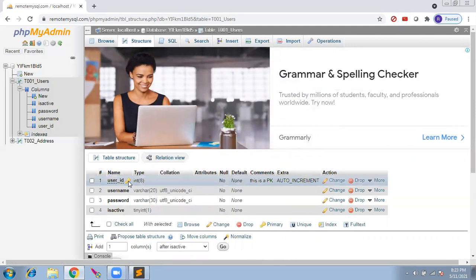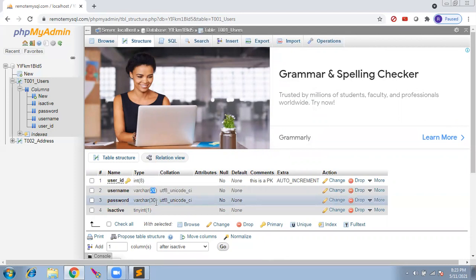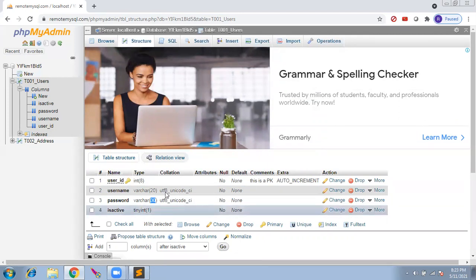There is a yellow key symbol, and it is auto increment, which means for every row we need not supply the value. The database will automatically increment the value. We have the username, which is a varchar that can store up to 20 characters, the password, which can store up to 30 characters, and is active. It is going to store just a bit, like y or n, 1 or 0.